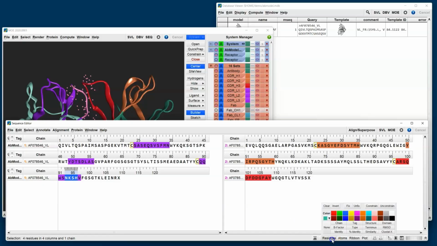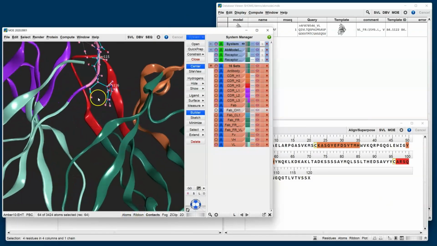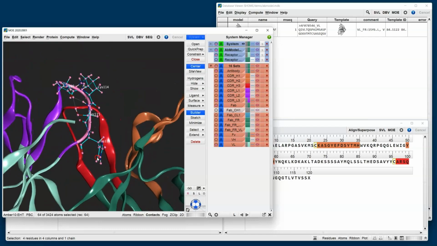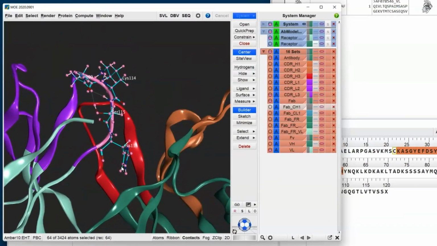Next, I'm going to render them so that they're easily identifiable. So I'll render both the atoms and the residue. Perhaps what I'll do is show these in the main Mo window, and then I can also add a residue label so we can keep track of which residues these are. So here we've identified a liability motif and selected those associated atoms in 3D, and we find that these are